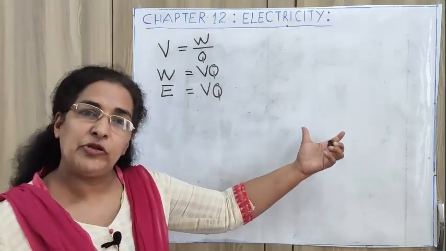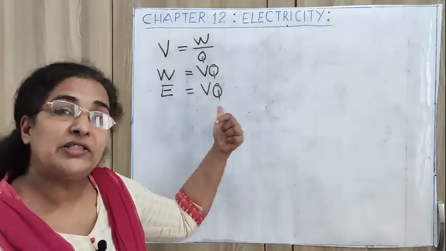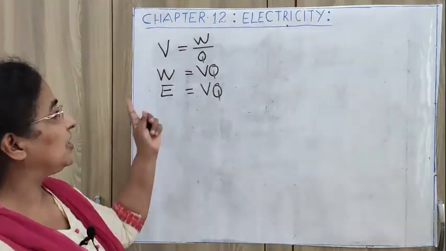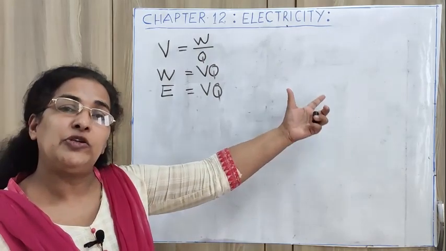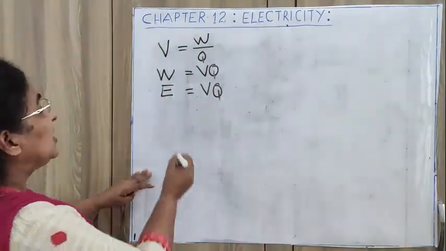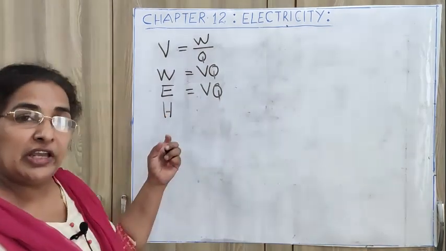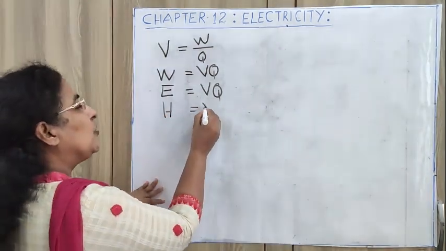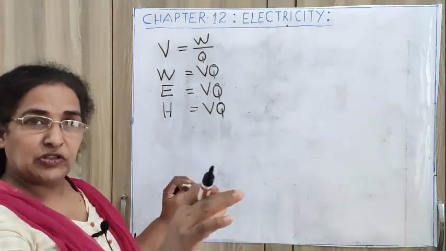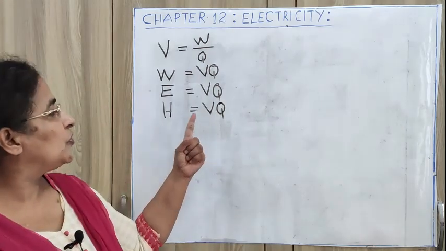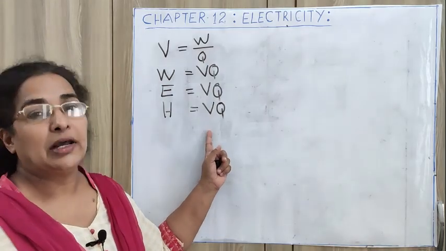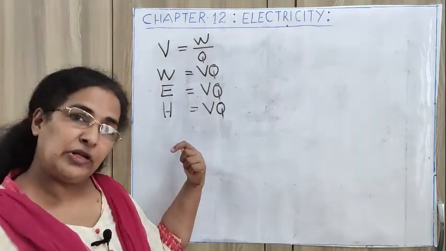And in this particular situation, the energy is dissipated as heat energy. When electricity is passing, or when a source of energy is there, that heat energy will be dissipated. Energy will be dissipated in the form of heat energy. So I can specifically write the energy as heat. I am writing H. H stands for heat. Heat energy is equal to VQ. So one expression for heat energy produced in a resistor or a conductor is V into Q. How much is the potential difference and how much charge is flowing? Their product will be the heat energy.